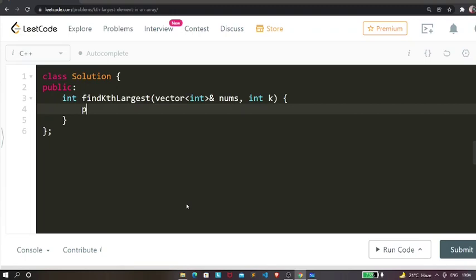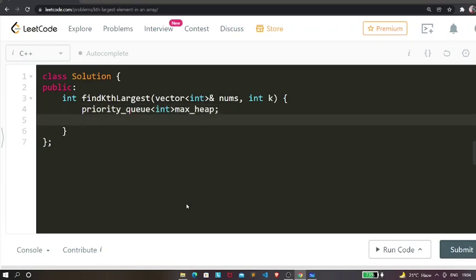At first we are going to create a max heap. So let's create a max heap by writing priority queue, and its data type should be int, and the name of the priority queue is max heap. At first we are going to push each and every element of this array nums.